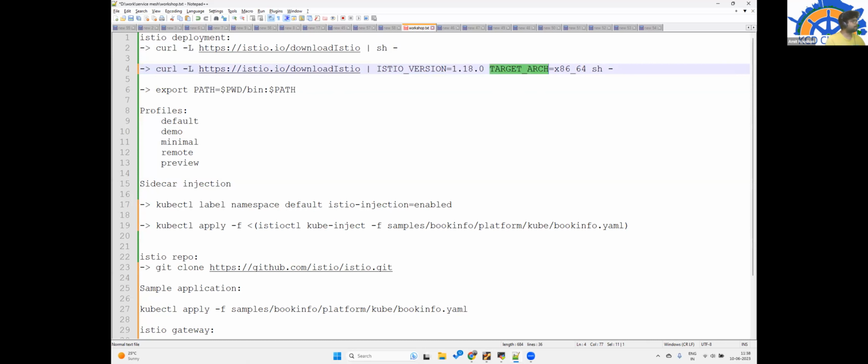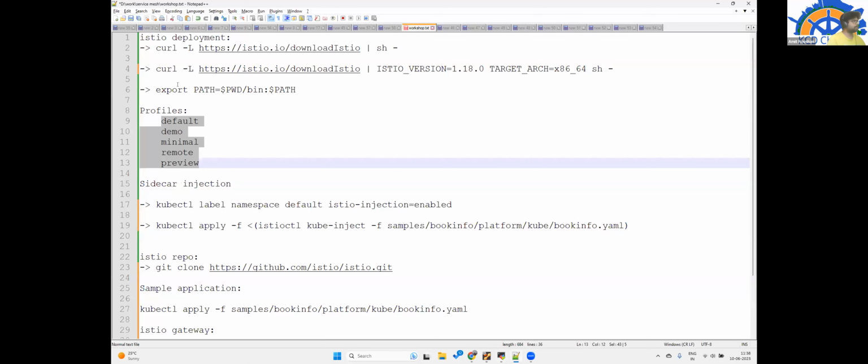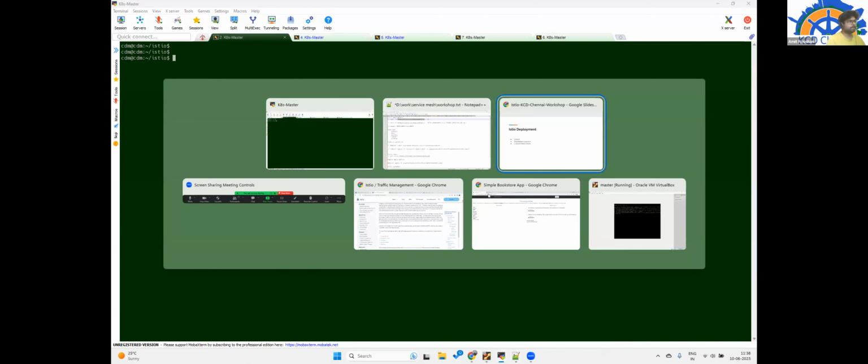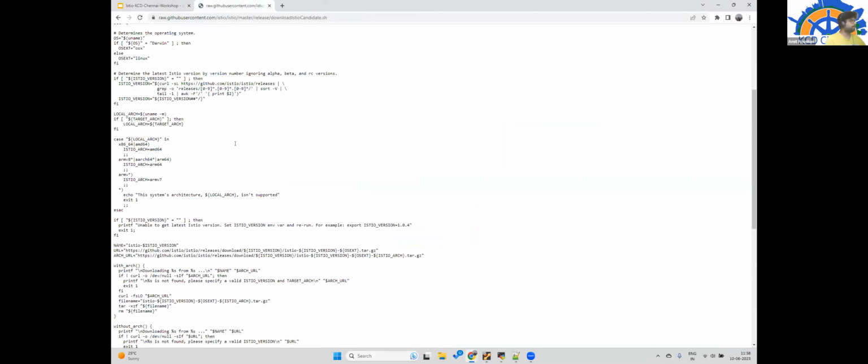As I was talking about profiles earlier, these are the profiles we have for istioctl. Let me just show it to you when I run that command. So this is the script.